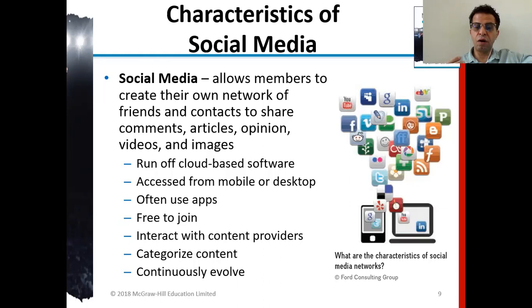They usually run off cloud-based software accessed from mobile, desktop, or laptop, often use an app, are free to join, let you interact with the content providers, categorize content, and continuously evolve and keep changing. These are some samples: YouTube, Facebook, Reddit, Twitter. These are all social media, LinkedIn.